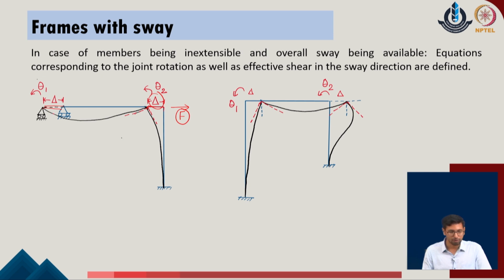That means, if I label the members of the given system A, B and C, we understand that member AB is not going to change its length. So, there is no possibility that a force in the horizontal direction due to axial deformation will be generated. The only possibility for a horizontal force in the direction of delta is the shear force due to the member BC of the given system. So, ideally, when we define the conditions of the sway, we necessarily satisfy the conditions of the shear at the level of the given story at which the sway is being provided. We will see these in the subsequent cases of the example.